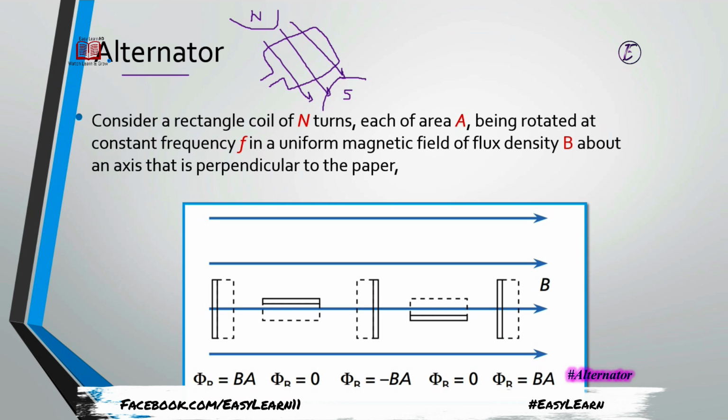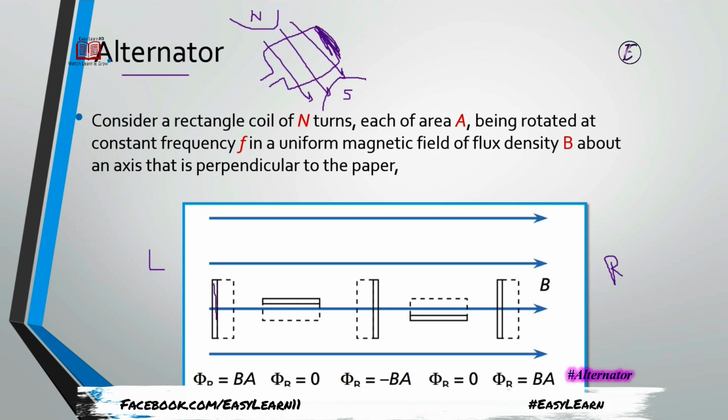I'm discussing the top view, where only the back side of the coil is visible. So in this side view, the magnetic field is directed from left toward right,